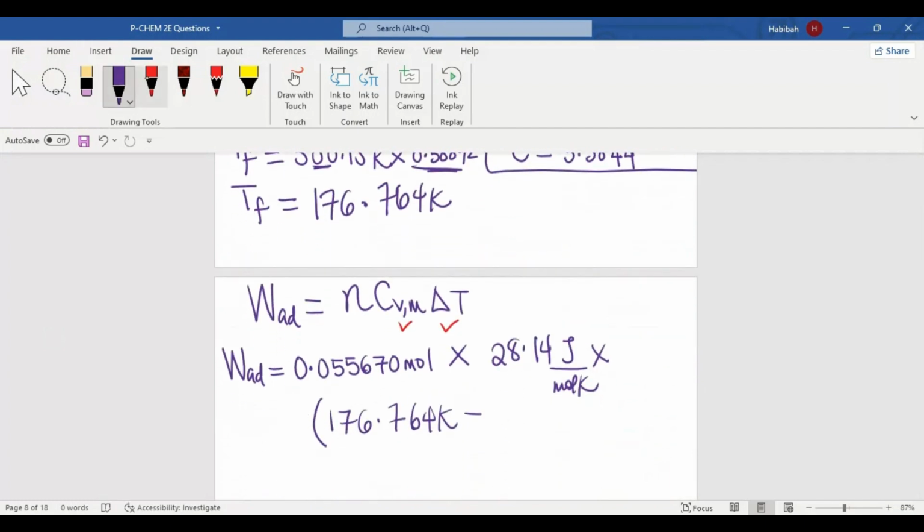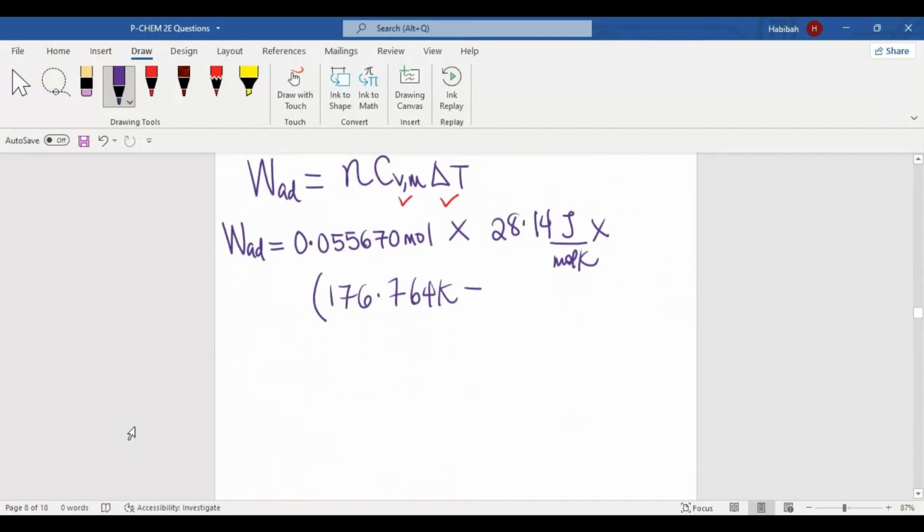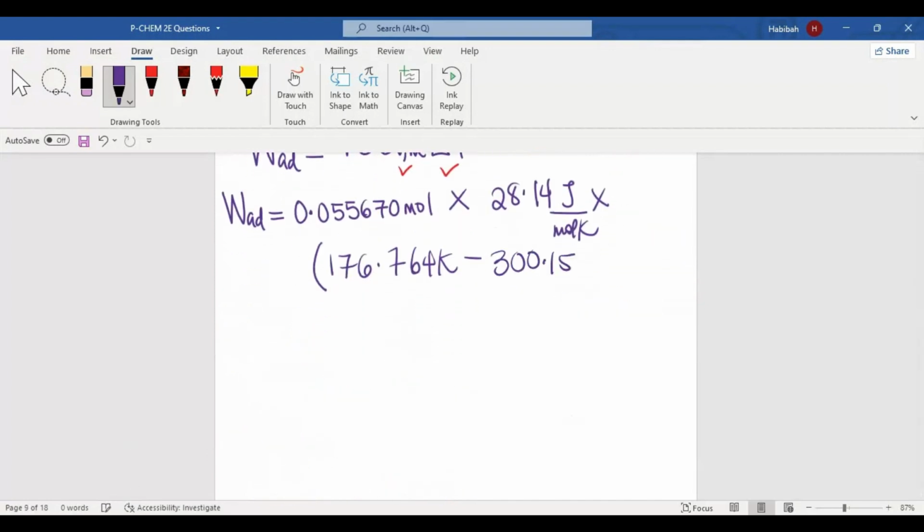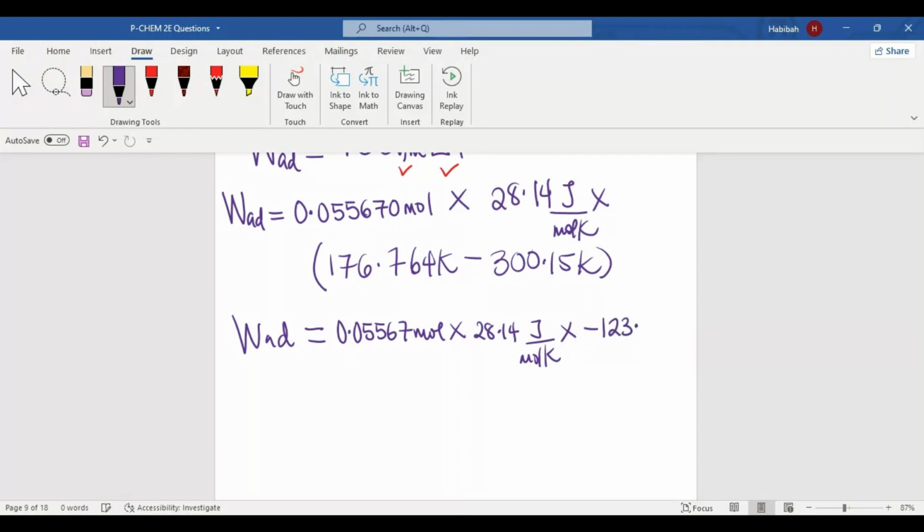So that would be minus 300.15 Kelvins. So of course, W adiabatic would just simply be 0.05567 mole times 28.14 joules per mole Kelvin times negative 123.386 Kelvins. So of course you cancel out the Kelvins, cancel out the mole. So W adiabatic is going to be 0.05567 times 28.14 times negative 123.386. So all of that information would be